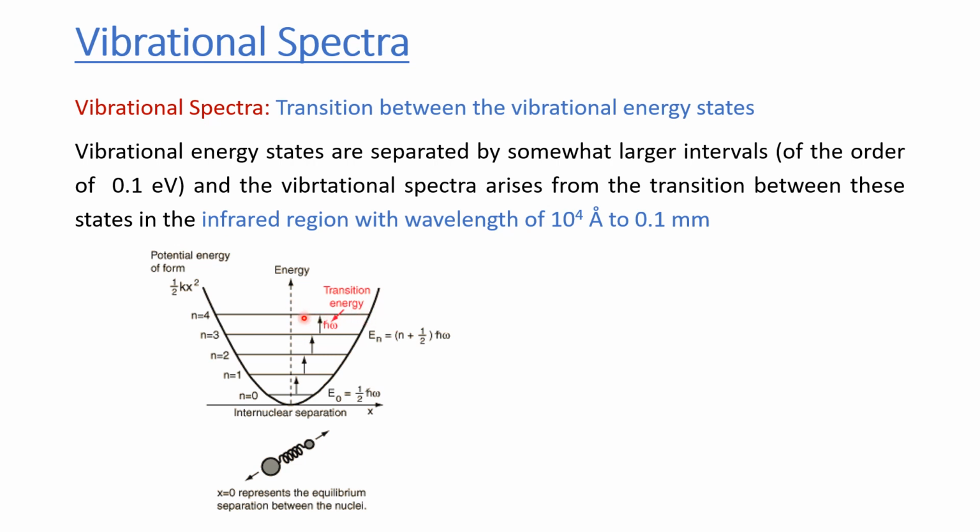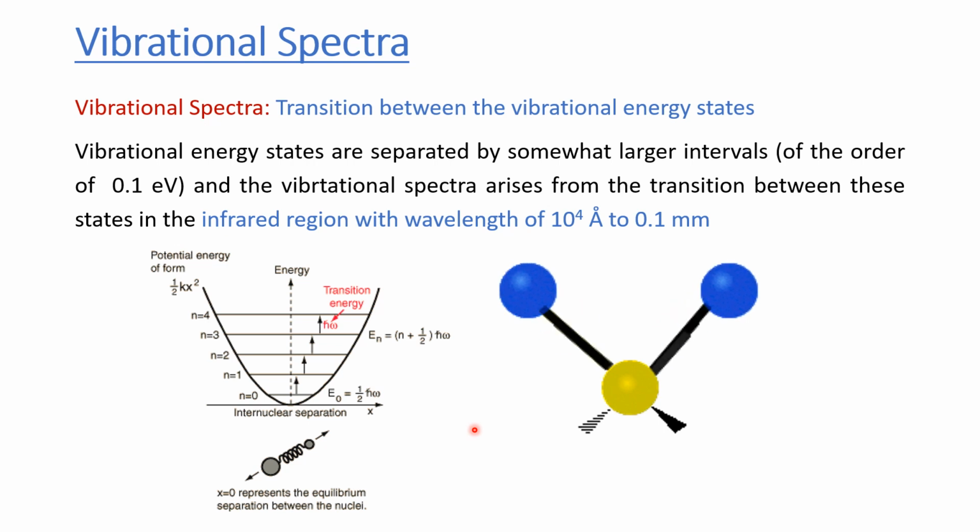And of course, when there is a transition from the higher vibrational state to the lower vibrational state, there will be emission of the vibrational spectrum. So here you see the water molecule. This is H2O, so this is oxygen, and these are the two hydrogen atoms, and this hydrogen atom is vibrating in this direction, and this hydrogen atom is vibrating in this direction. And depending upon the speed of the vibration and also the amplitude of the vibration, we have different